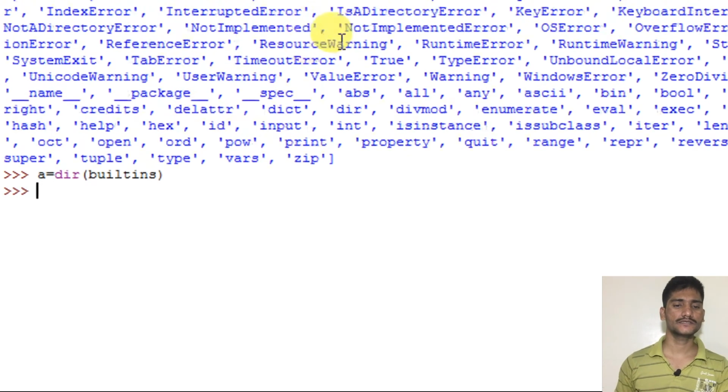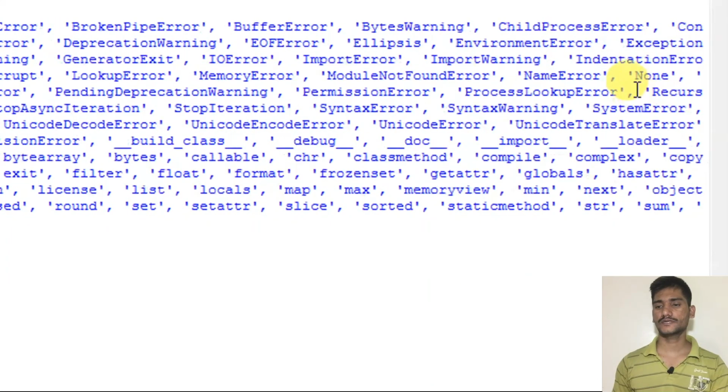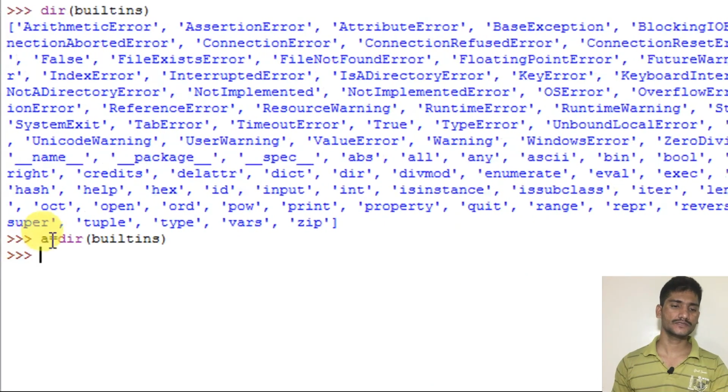What I did here is all this, right? So all this I am storing inside a variable called a. All those directories I am storing inside a, and then I am going to read them one by one.